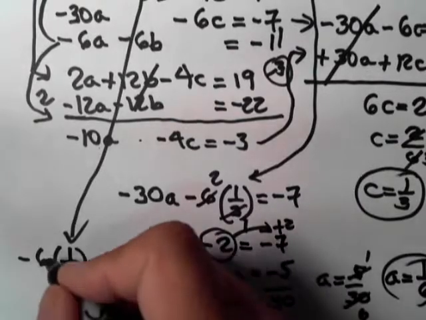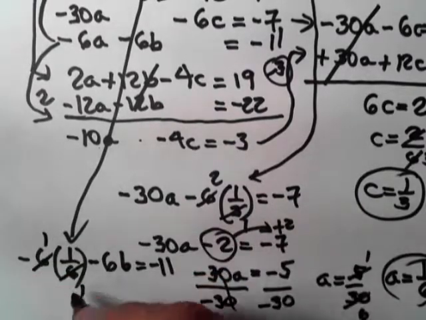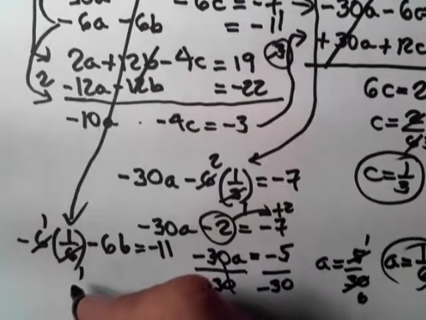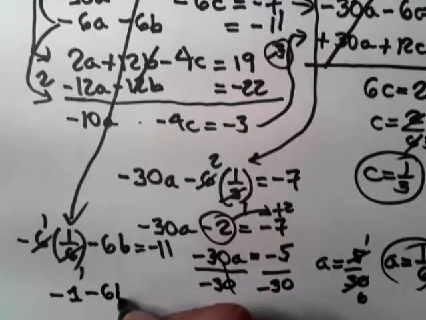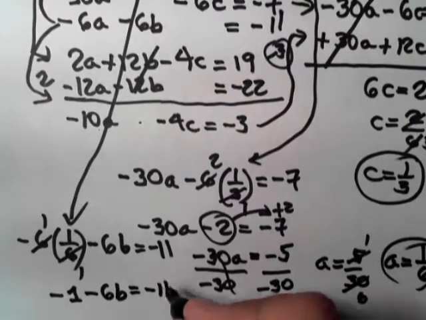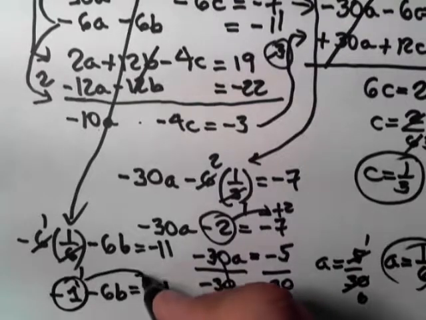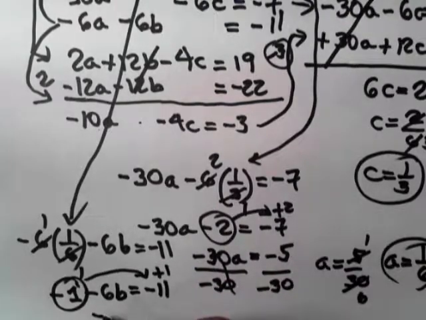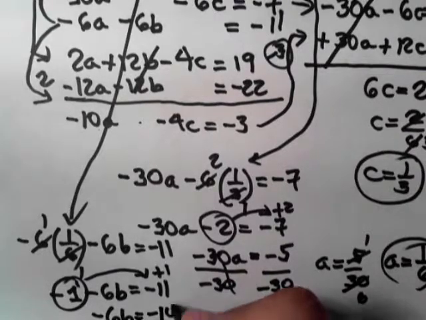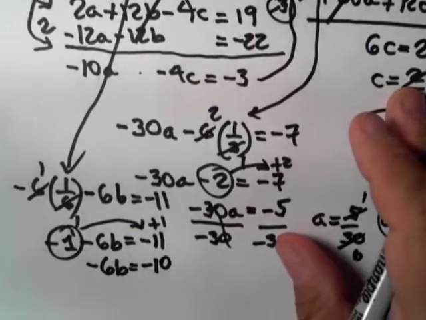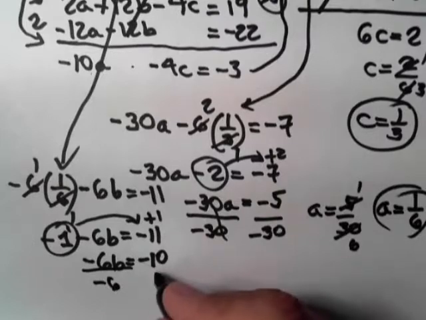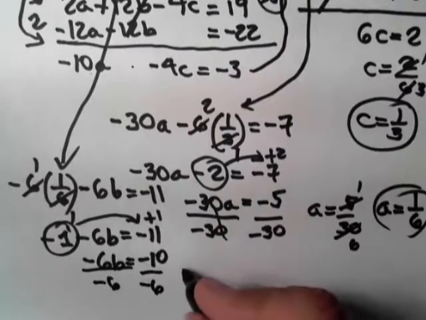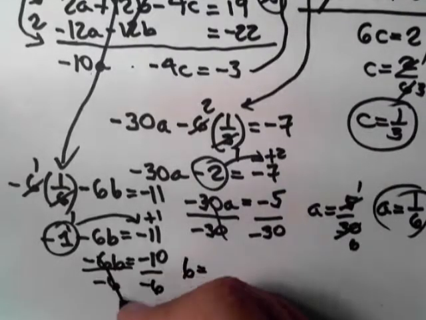Well, here we go. 6 goes once here and goes once here. So I end up with negative 1 minus 6b equals negative 11. Take the minus 1 over as plus 1. Negative 6b equals negative 10. Okay, well now let's divide both sides by negative 6, and I get b equals, and this negative 6's cancel